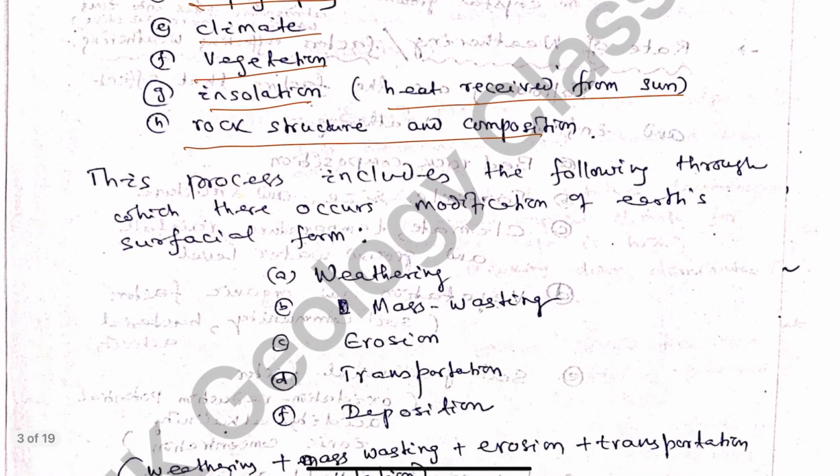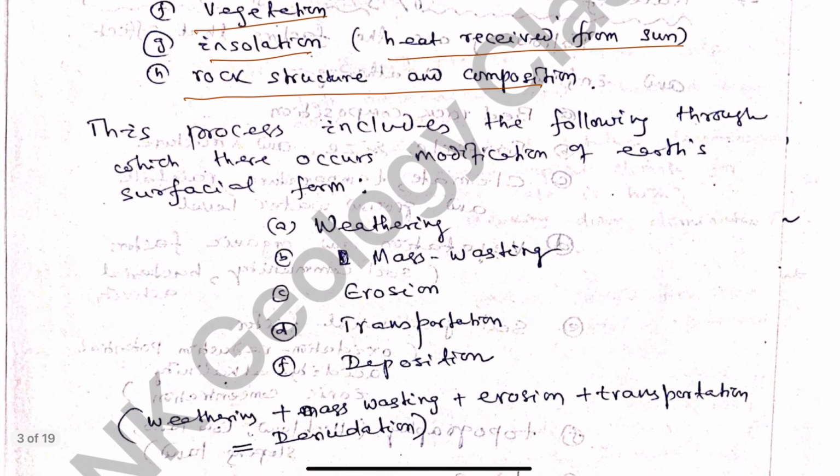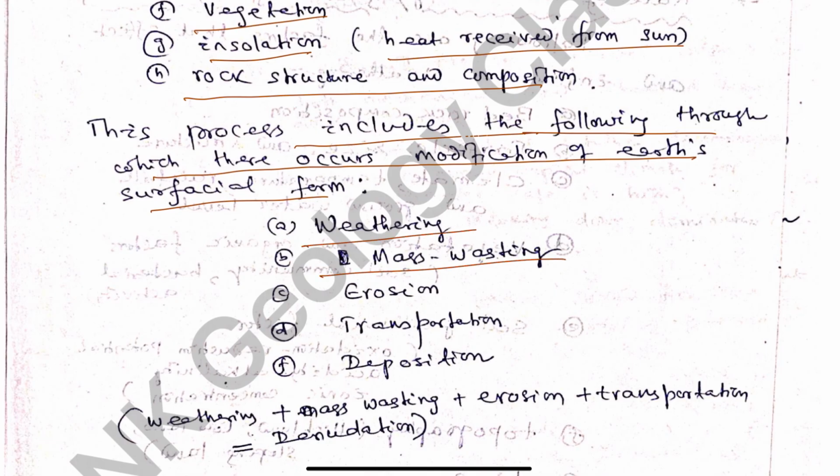So these are the factors, and these factors cause the exogenous process to operate over the Earth's surface to bring about modification of the Earth's superficial form. These exogenous processes include weathering, mass wasting, erosion, transportation and deposition. These are the processes by which the exogenous forces or the geomorphic agents play their role over the Earth's surface,